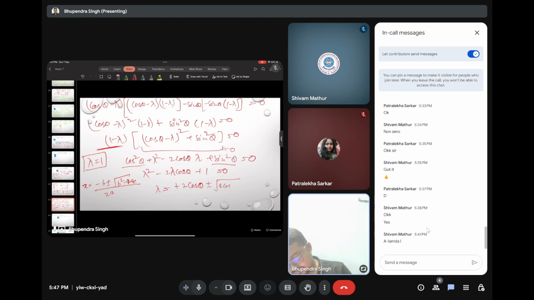So 4 cos theta square minus 4, A is 1, C is also 1. So 4 divided by 2 into A1. So try to take out this 4. Here you will be left with 1, 2 will go. Okay, so lambda equal to cos theta plus minus